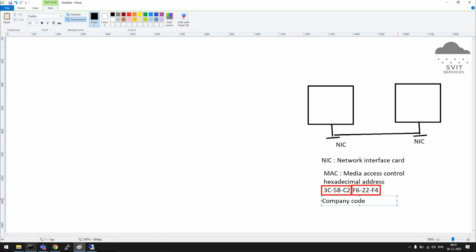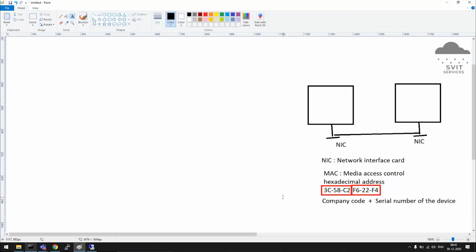Second half of the code is the serial number of the device. If that company manufactures the first device, it will say 01, next 02, 03, like that, serial number. This way they manage it uniquely across the world.